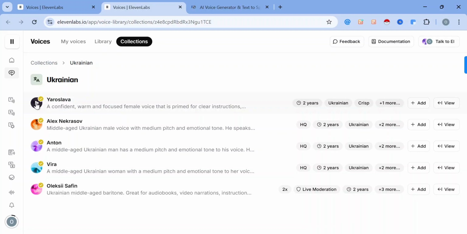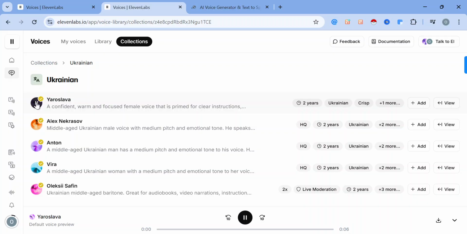So we can go ahead and click on Yaroslava to hear how the female sounds. Розкрити свій потенціал. Okay, good. So we can click on Anton just to hear how the voice sounds. Привіт! Це професійна голосова модель для дублювання. So once we've selected a voice of choice, we can add it